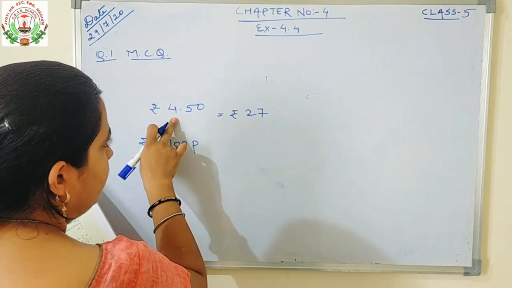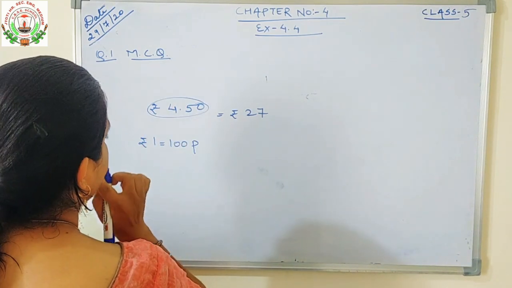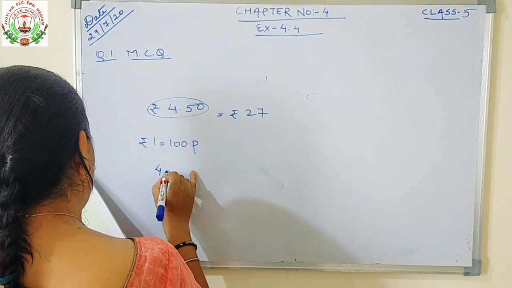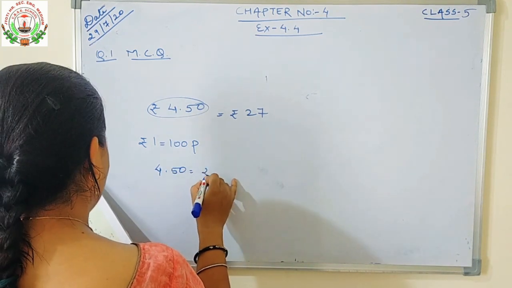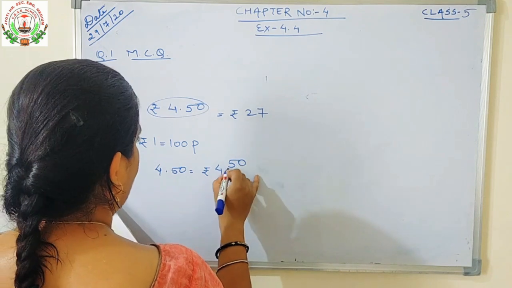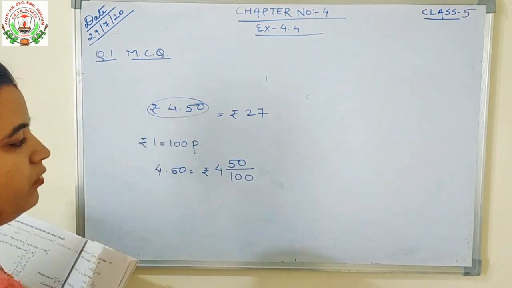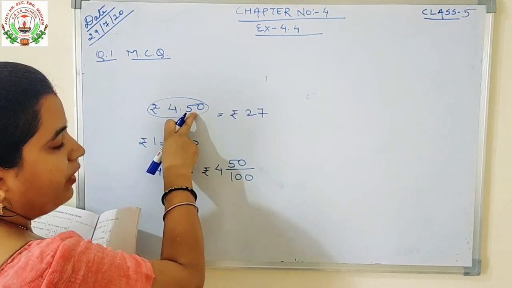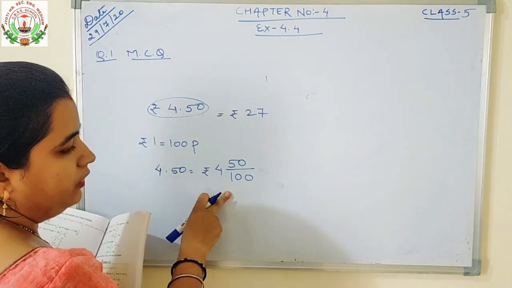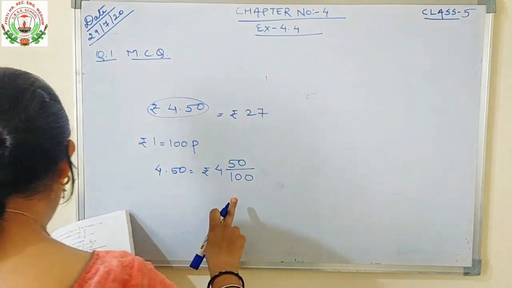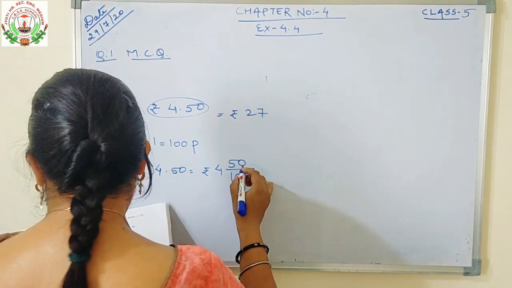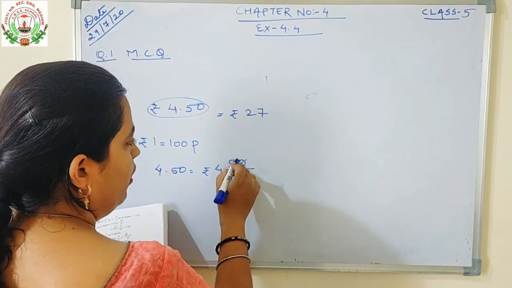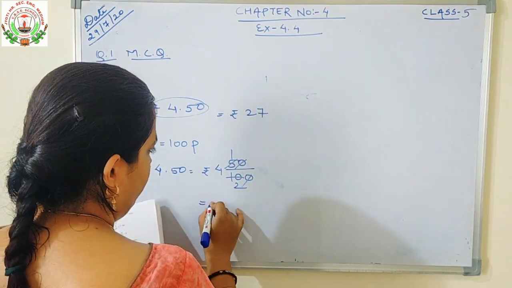Then we will first convert this amount into a fraction. Okay, so 4 rupees 50 paisa is equal to rupees 450 upon 100. Okay, because 1 rupee is equal to 100 paisa, and we will divide 50 paise by 100, so we will get this kind of expression. Then we will cancel this first. How will we cancel it? 0 and 0 will be cancelled out. 5 ones are 5, 5 2s are 10. So what answer do we get?